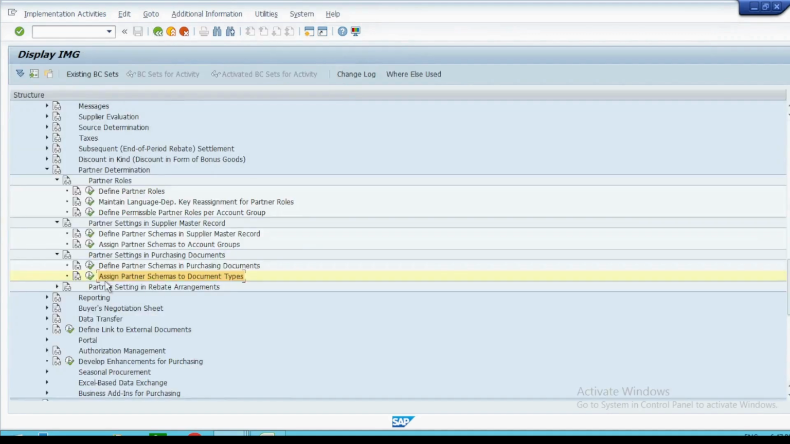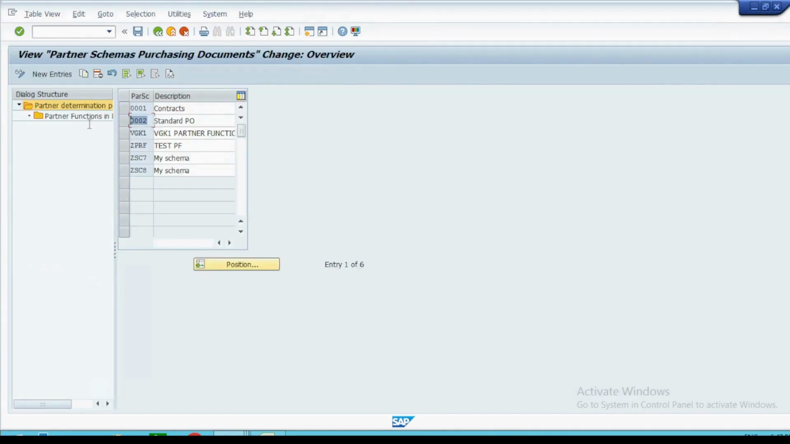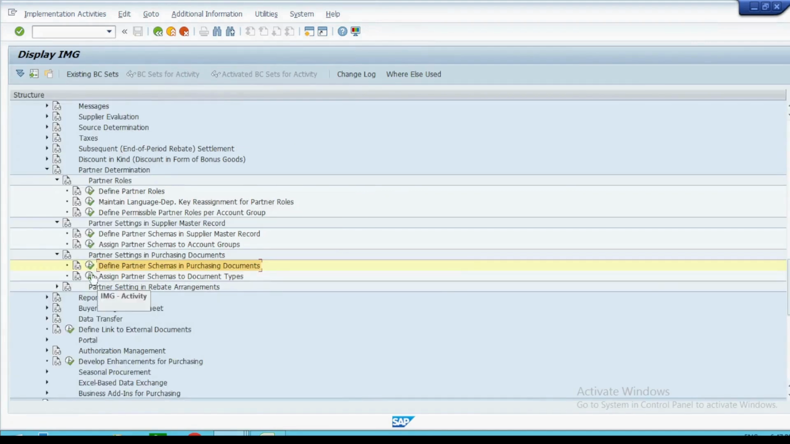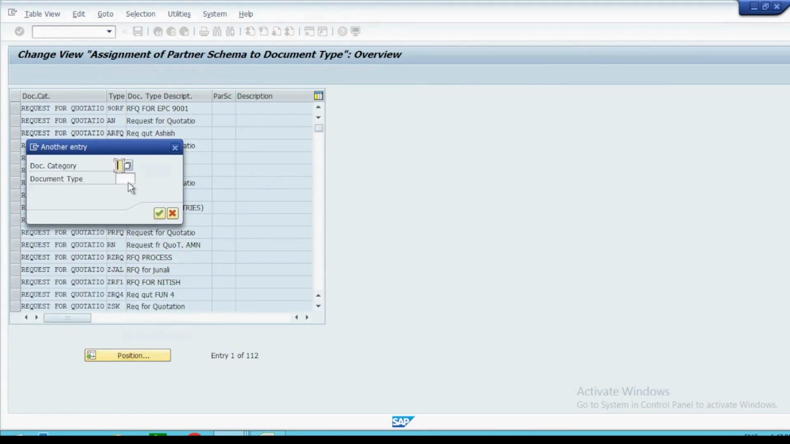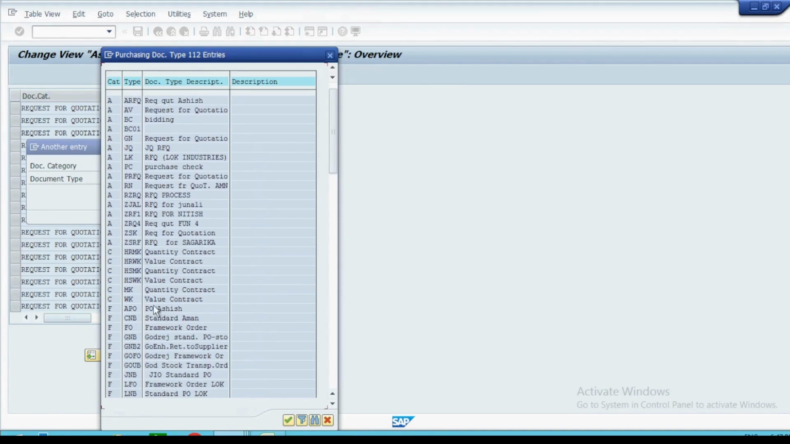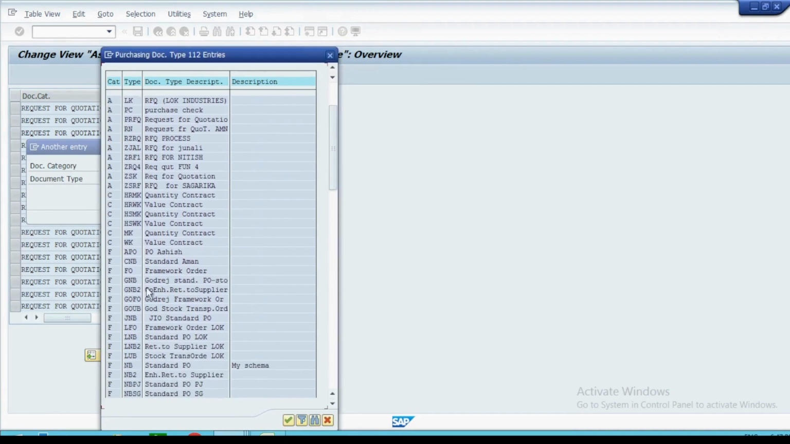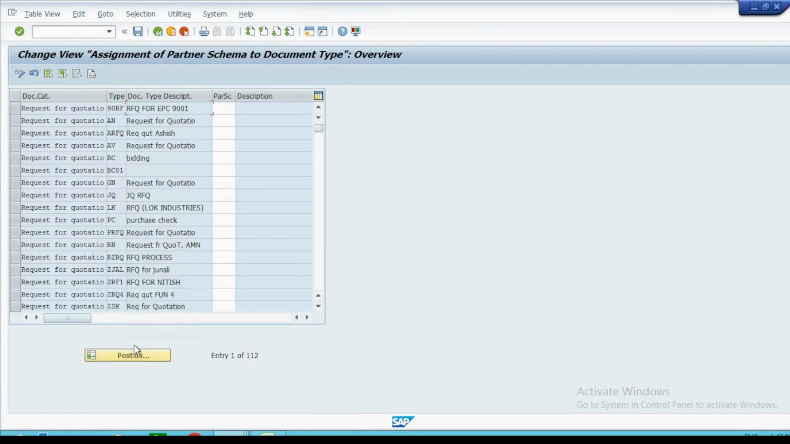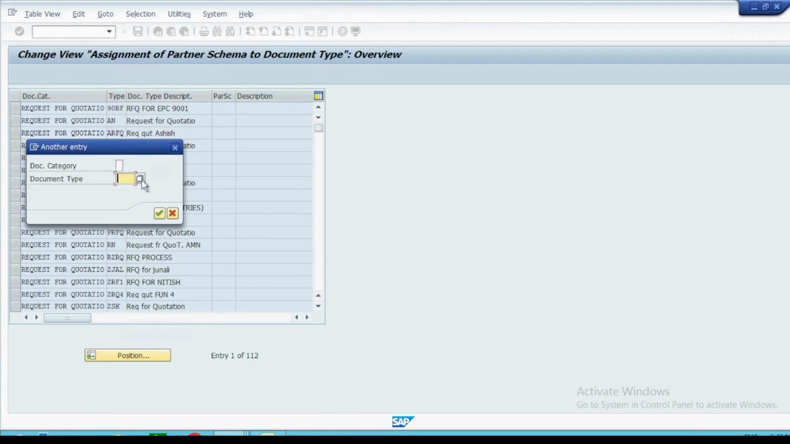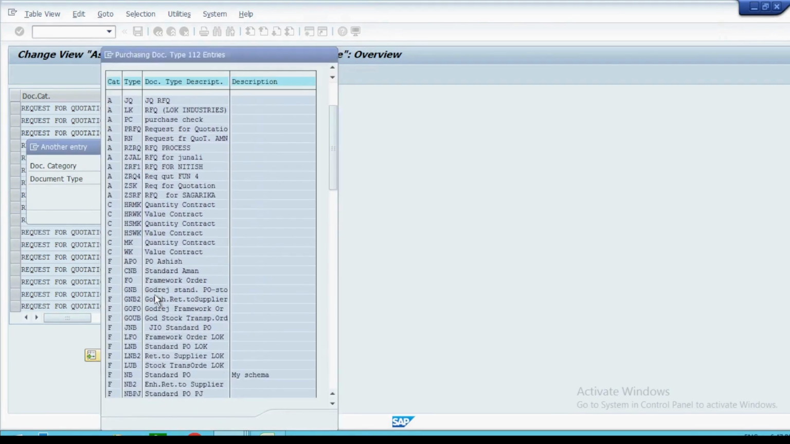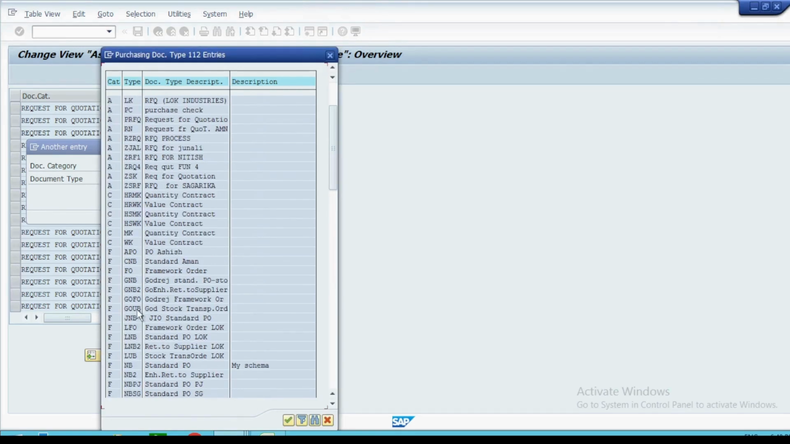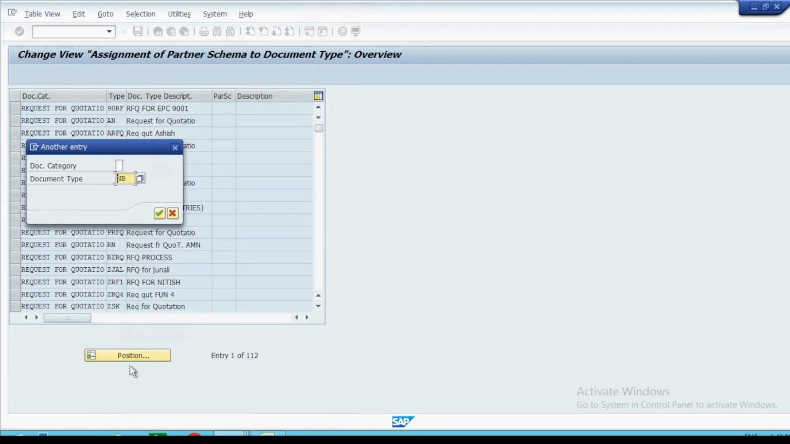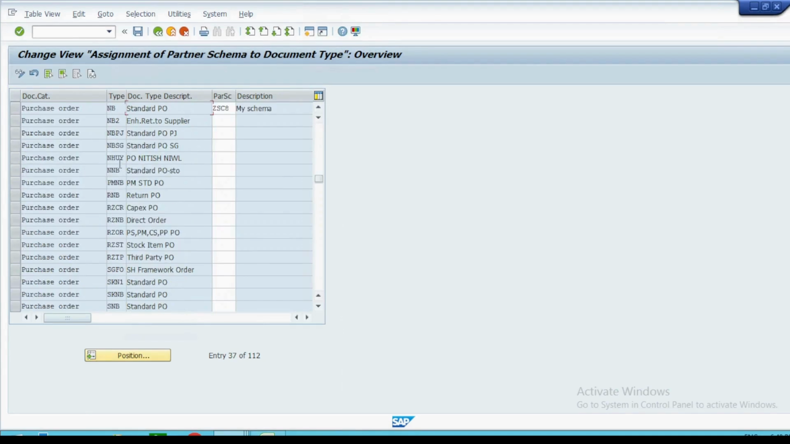Okay, what is the partner schema? You are okay with it? That is 0002, right? So go back, go here, find your document type, let's say for example NB, standard purchasing document. Okay, enter. So this is NB and its category is F. Keep F also, enter. So now your partner schema is going to be standard PO, enter, save,